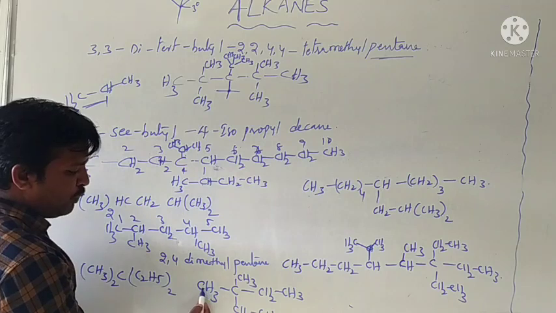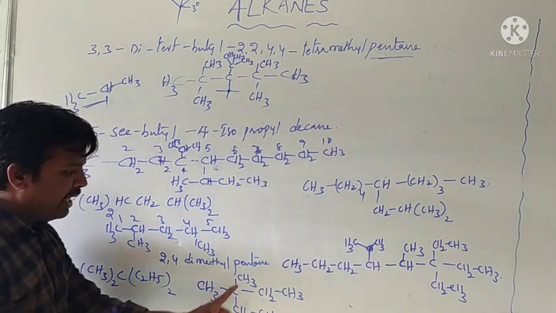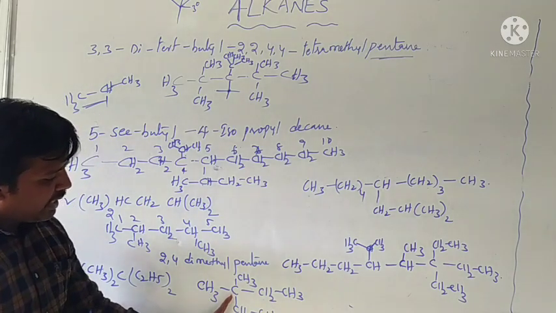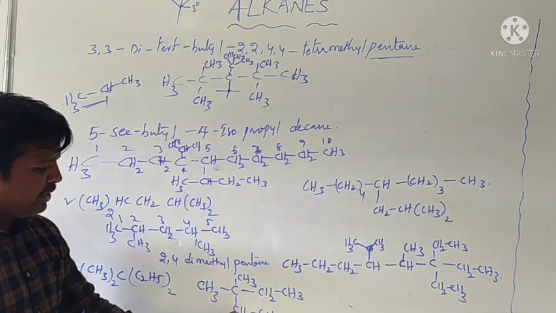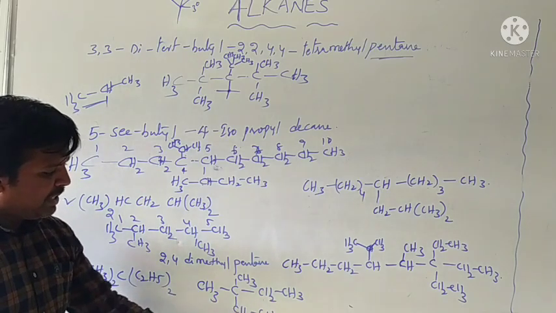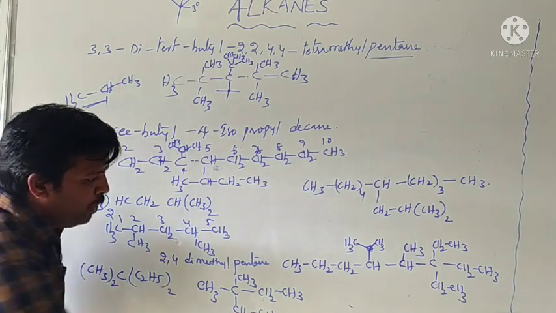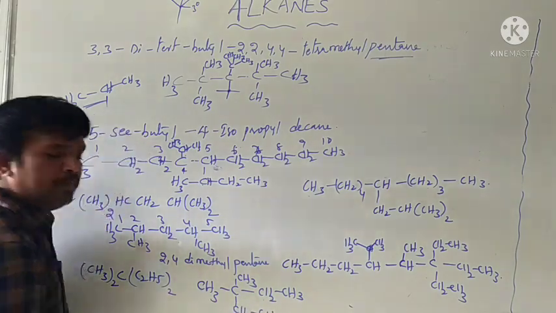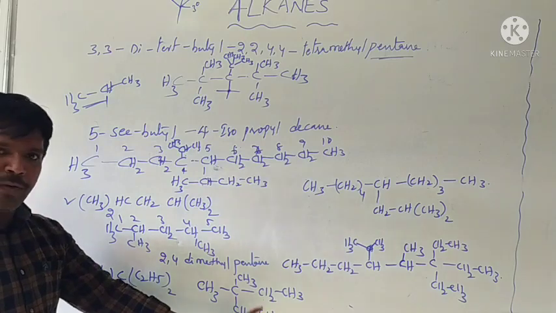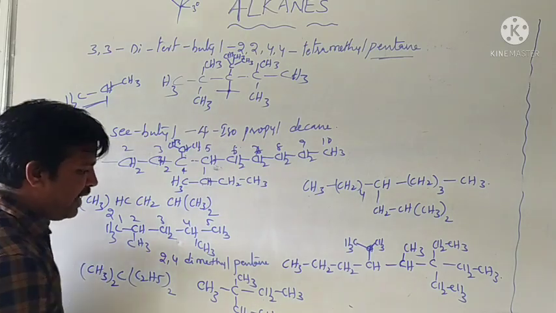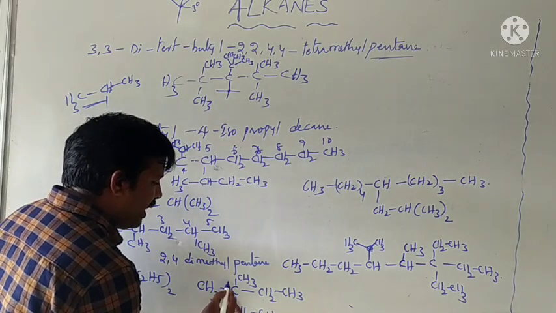Therefore, here that is 1, 2, 3, 4. Here that is the second position. What is that? Only 4 carbons are present left to right. But right to left, 1, 2, 3, 4, only 4 carbons. Up to down, 1, 2, 3, 4, 5. Okay, 5 carbons. 5 carbon is the longest carbon chain. Therefore, this is the correct one.